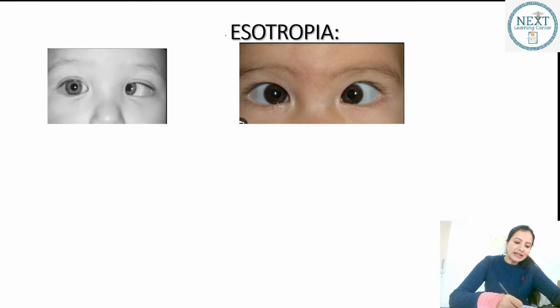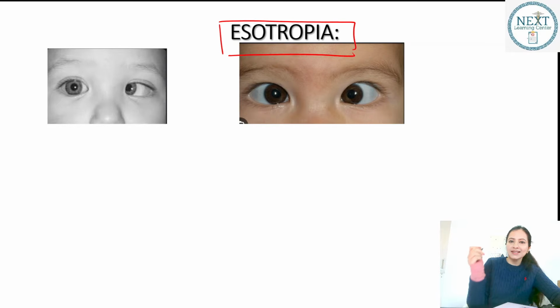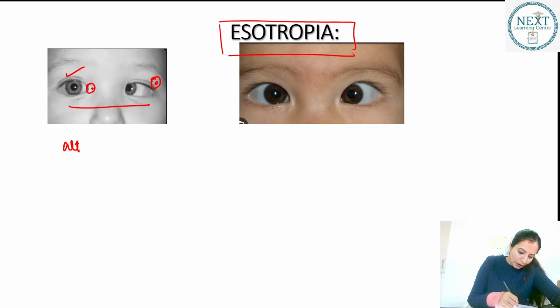If you look at esotropia, eso means the eyeball has turned inwards. So this is what? Once this eye is fixing, after some time this eye will fix and this eye will be esotropic. So this is what you call alternating fixation